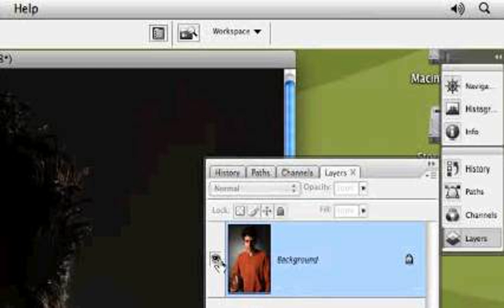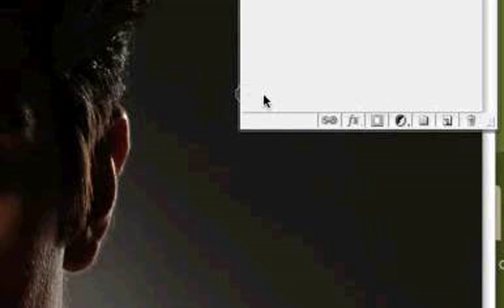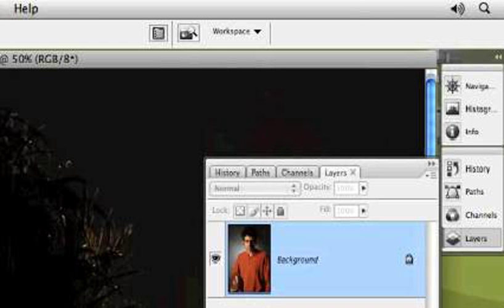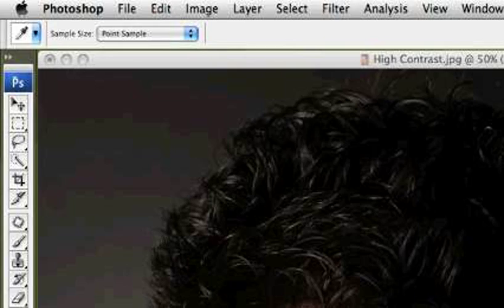You're going to click on the middle layer, and we're going to remove the color from this layer. Image, Adjustments, and go to Desaturate. All right. Then we're going to go to the top layer. Oh, I'm sorry. We have one more thing to do on this layer. On this layer, you're going to lower the opacity to like 80% to bring back just a little bit of the color. Then you're going to go to the top layer, make it visible again, and you're going to switch